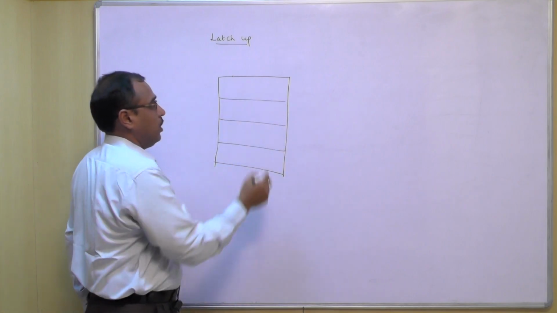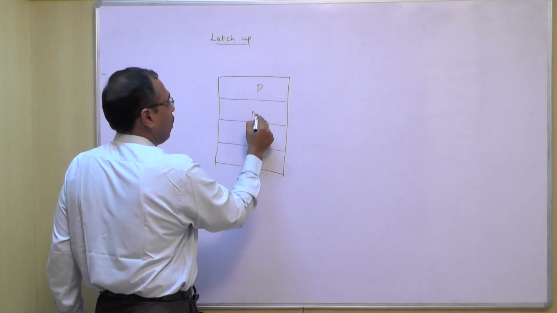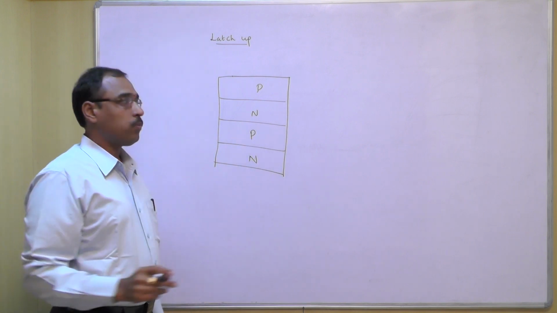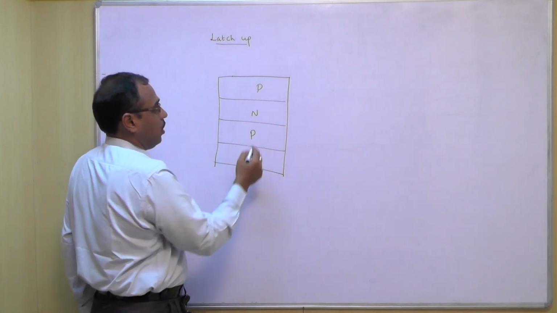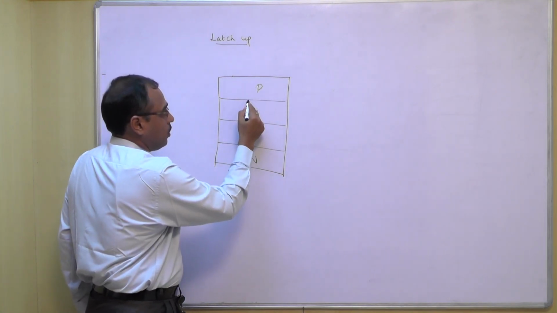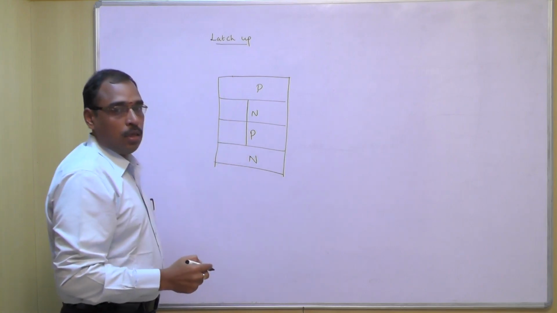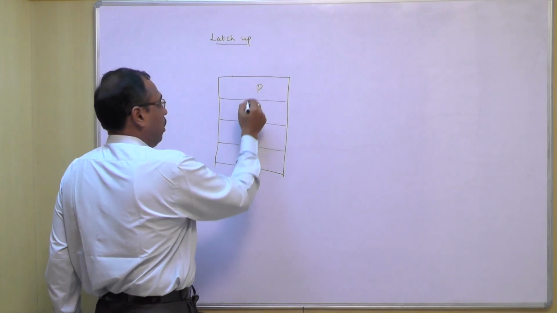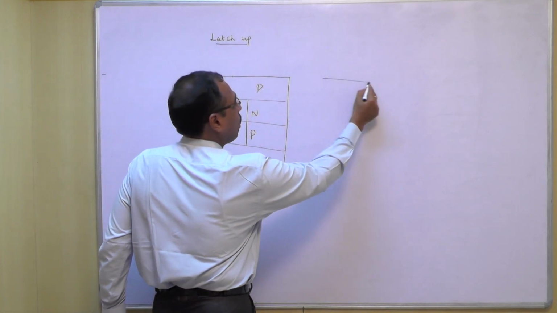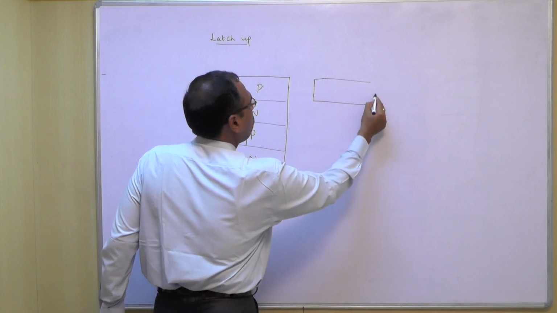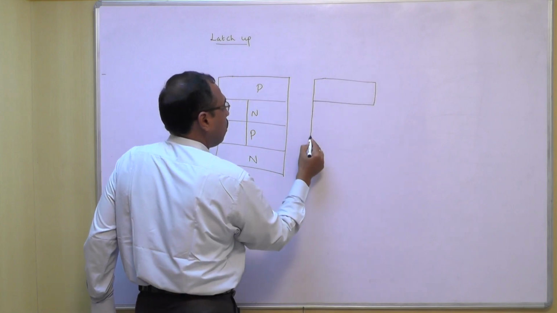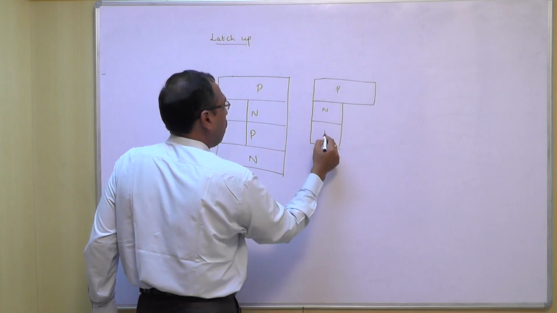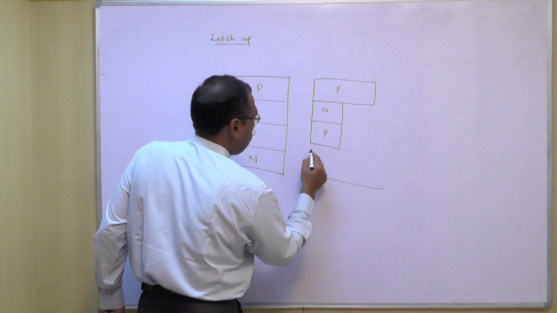It's a four-layer device, so it will be P, N, P, N. If you cut this four-layer device, it becomes P, N, P. So now we can model this into P, then two halves of N and P, and at the bottom again N,